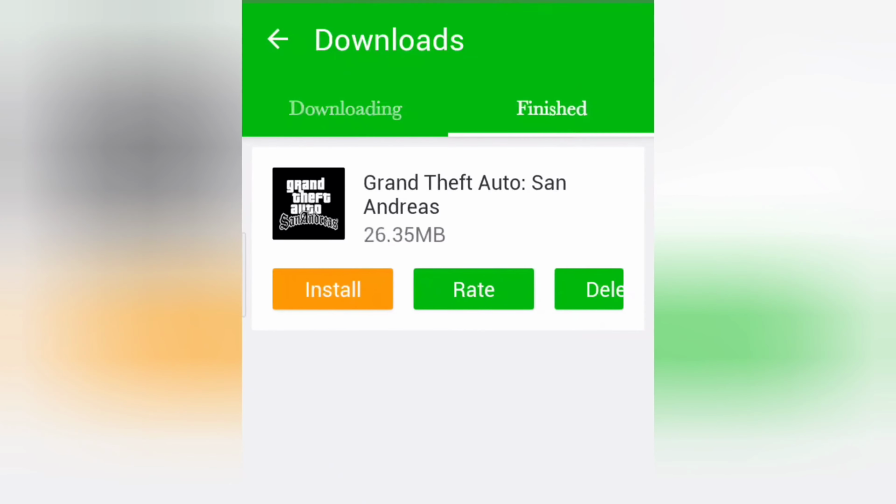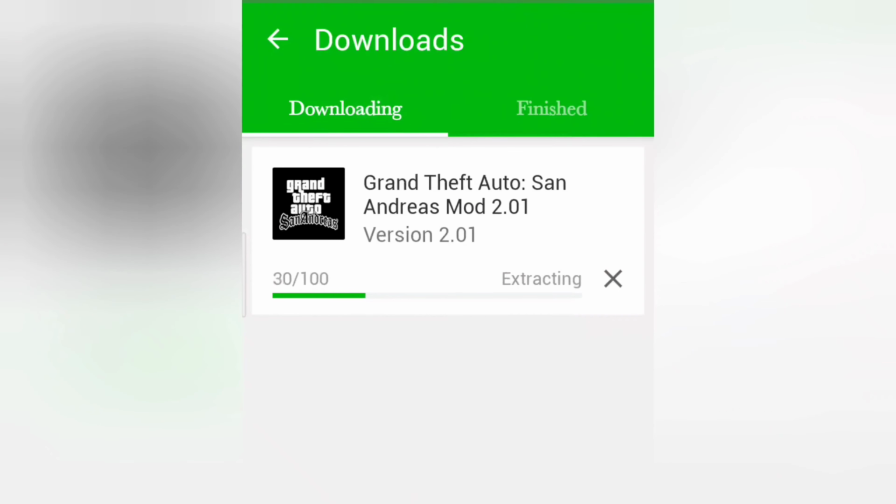Skip the extraction part if you want. Wait, there's another step you need to do. Don't worry about it. You don't have to zip anything, no files, nothing. Just download and install. In other videos it was really hard, going to Chrome, downloading the app, then zipping the file. So this is the simple way. All your work is done. Just open the app and play. Install the mod. It won't get installed, don't worry, the job has been done.